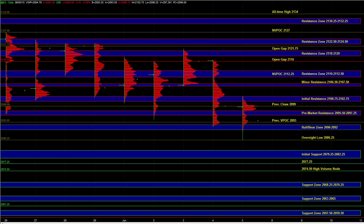So off the open, we're going to keep an eye on 90 to 92. We're going to use that as the bull bear zone. Above that, we have the prior VPOC at 93, and if the market's holding above that, that would just further confirm that this is not a balanced breakdown scenario. So in the event that we're holding 90 to 92 and 93 off the open, that would open the door